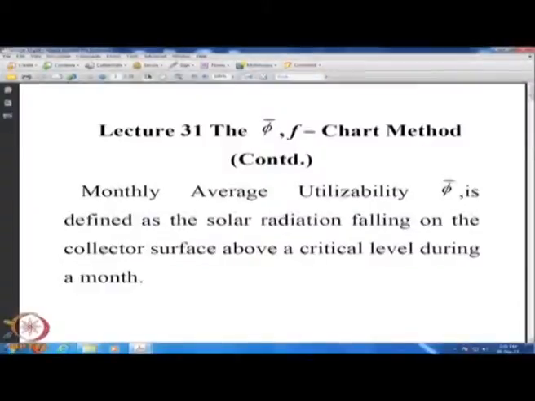We shall continue with the Phi-bar F chart method for the sake of continuity and also to reinforce certain concepts. I am prepared to have a little bit of repetition, so that this is an important method as well as an important concept. First, we defined